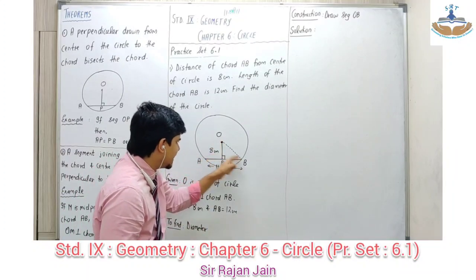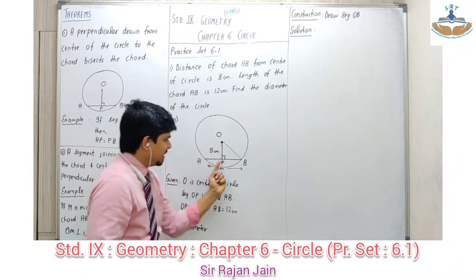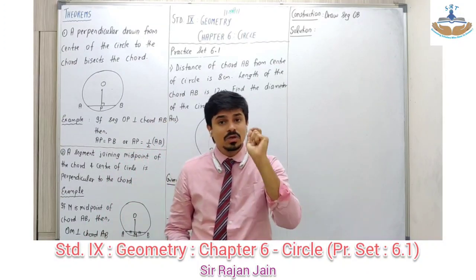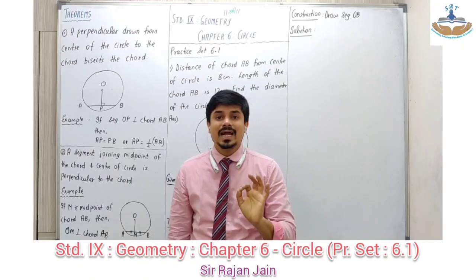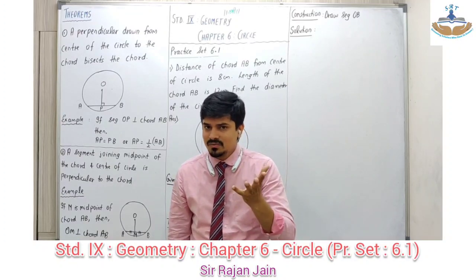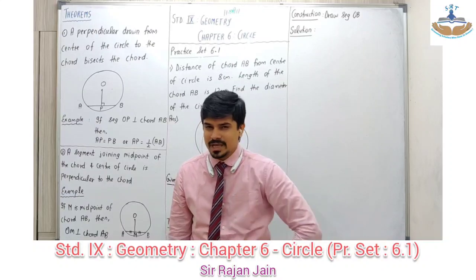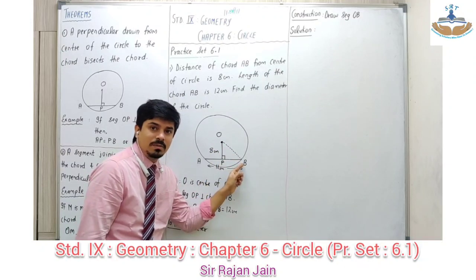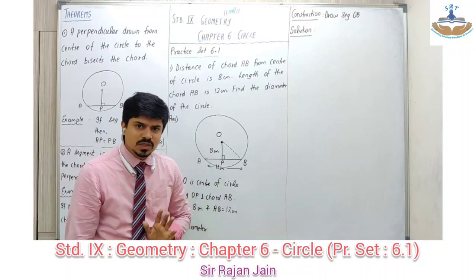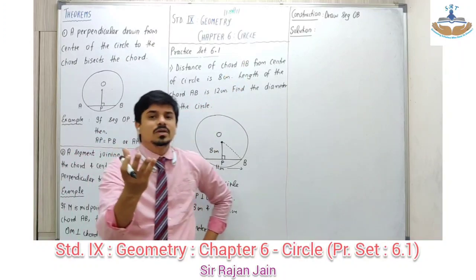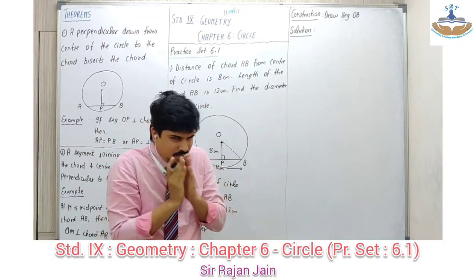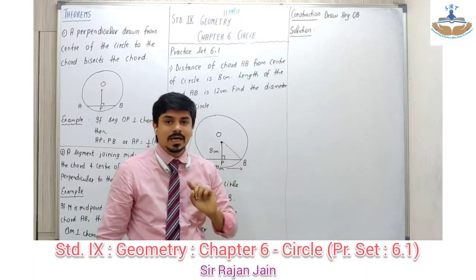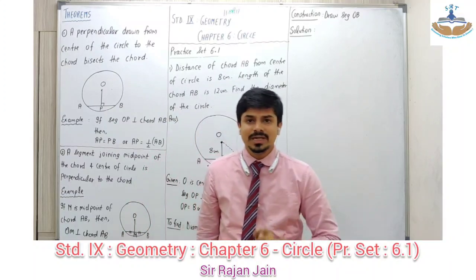Now if I observe this right angle triangle, I have 8 centimeter, I have 6 centimeter, only one side is unknown. In a right angle triangle, only if one side is unknown, you can get that length by, याद आ रहा है ना? ऑब्वियस है, सीखा हुआ है तुम लोगों ने. Come on, try to think. Yes, Pythagoras theorem. Okay, तो Pythagoras theorem से मेरे को length OB मिलेगा, and that is nothing but radius of the circle. Okay, and diameter, obviously it is the longest chord. Means basically diameter का formula it is twice the radius. तो अगर मेरे को radius मिलेगा, उसका double करो, that will give you the diameter.